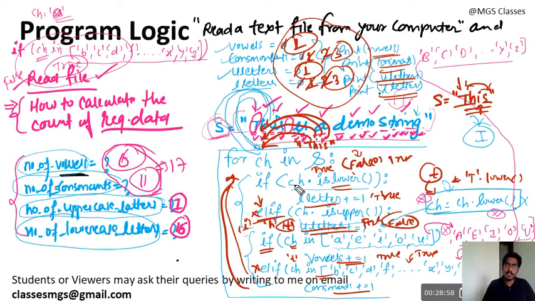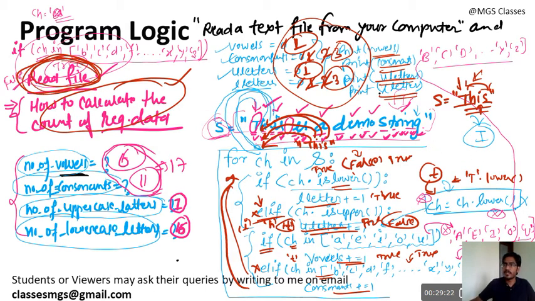So if you understand this logic, now it's time to read the file, and whatever value we are taking in s, we will pass the file content in this. So how can we pass the file content in this variable? I am going to show you this. If you understand these two parts, which I have already shown you, then the remaining part is only reading the file.